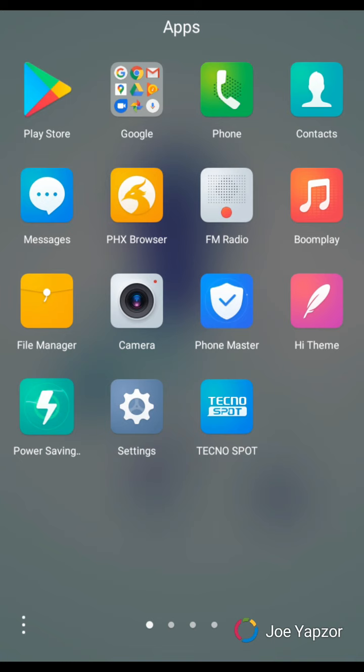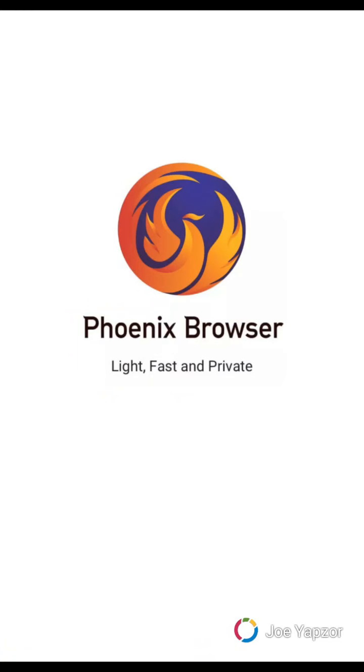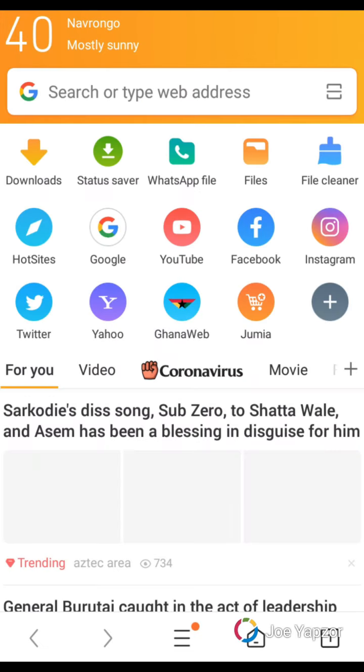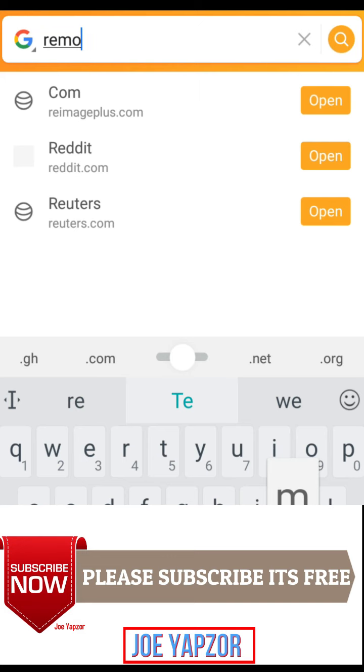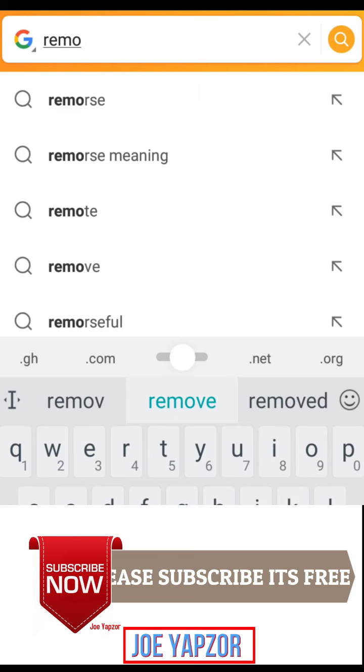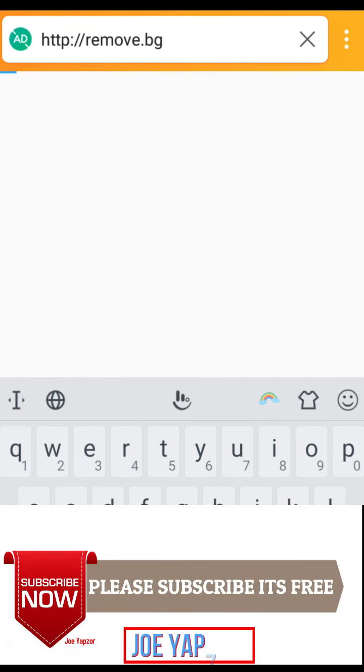So you go to your browser, you open your browser, preferably on Android. I would prefer you use Phoenix browser. It's faster and it's ads free. It blocks all your ads. So when you go there, you type in the website name. The name is remove.bg. So you just type it in,